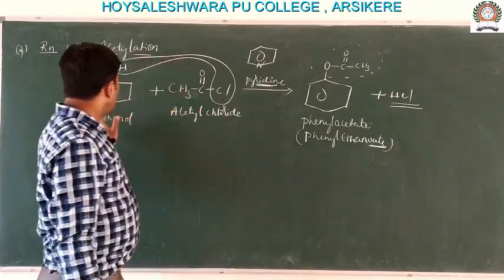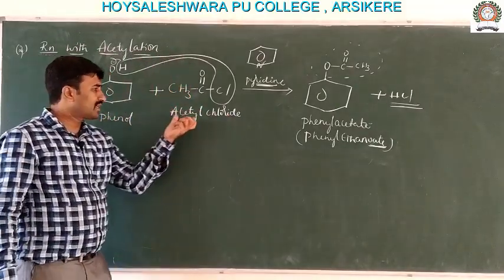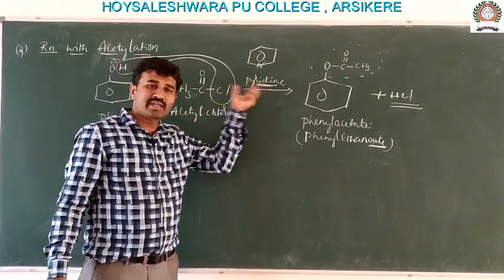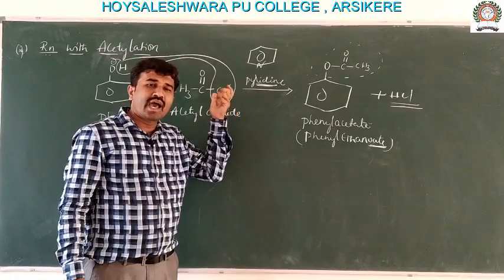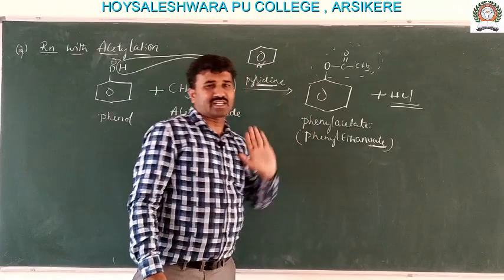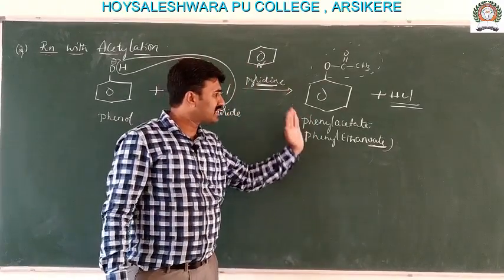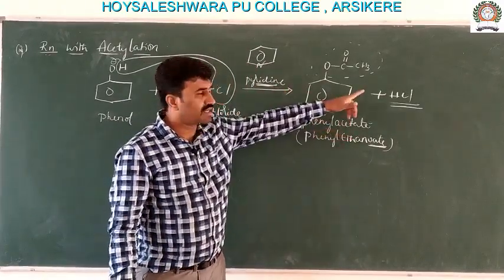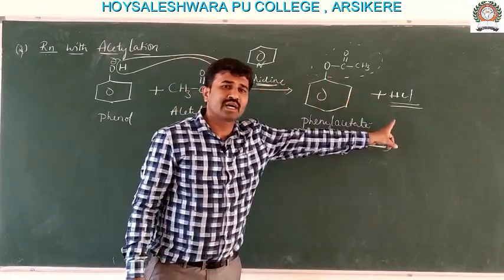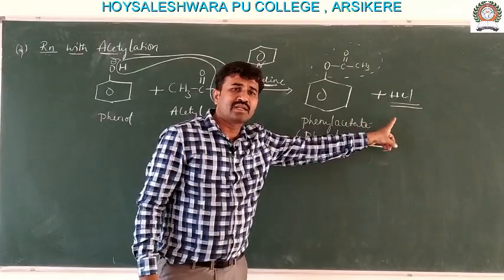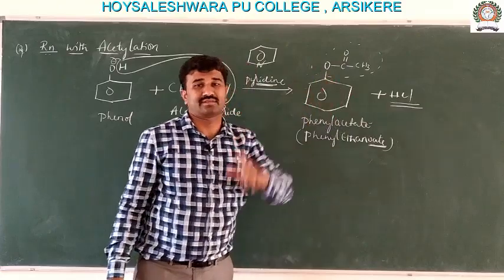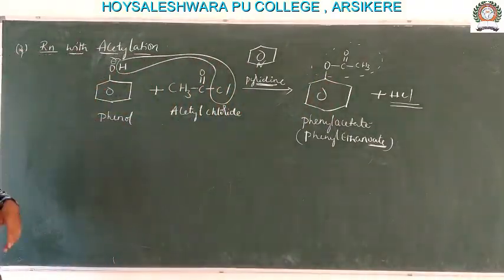Okay, so phenol upon reacting with acetyl chloride in presence of pyridine as a catalyst, pyridine helps the reaction to proceed in a forward direction. The product formed is phenyl acetate and HCl. The catalyst pyridine helps to remove the byproduct HCl in the form of pyridine hydrogen chloride. It forms a what? Salt. Okay. The next reaction.